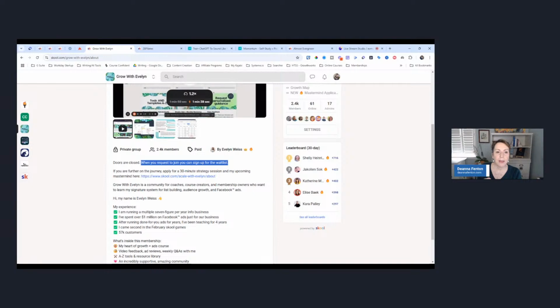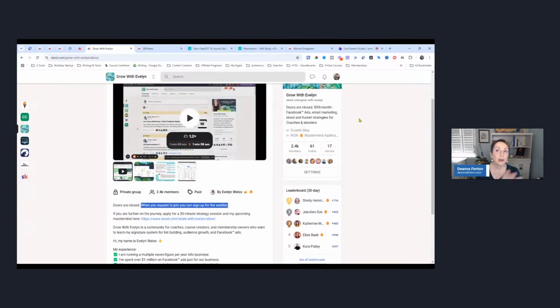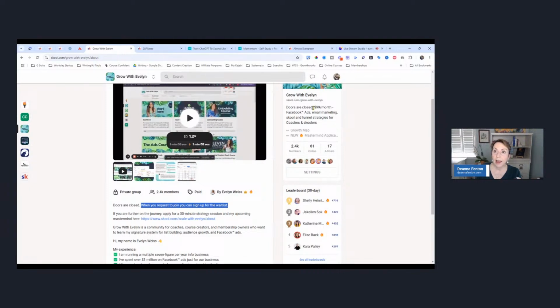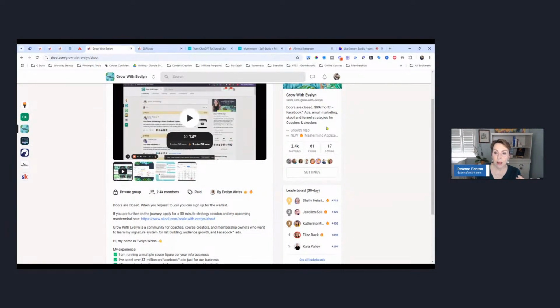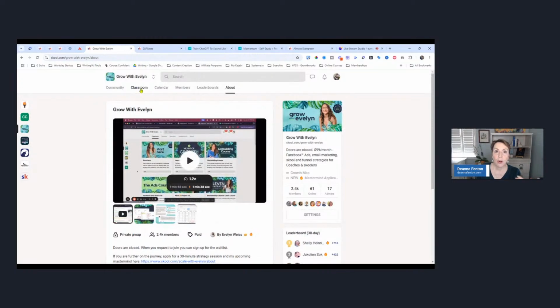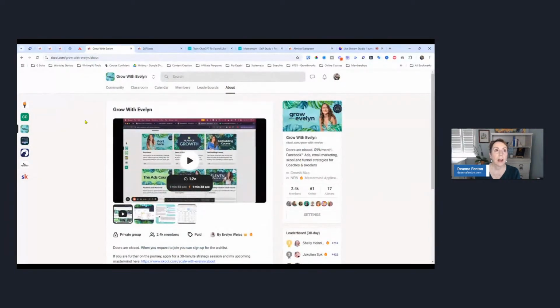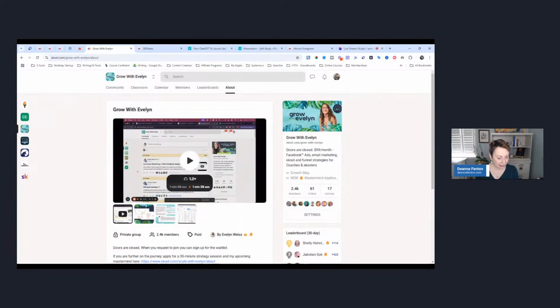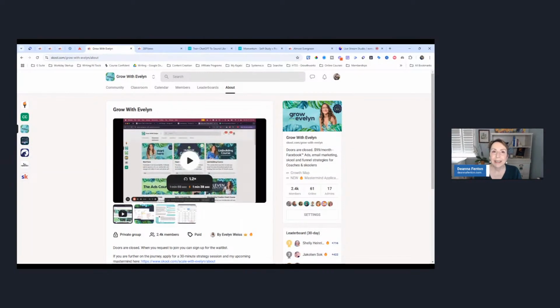And then once a month, she clears the wait list by allowing people to sign up. And then she dumps everybody out of the wait list. If you didn't sign up, you're no longer on the wait list. And then she starts the wait list over again for the next month. And right now it's $99 a month, which I will tell you, for the amount of content she has in here, is a really good price, I'll just say. So that's where I really think Skool isn't like Kajabi.